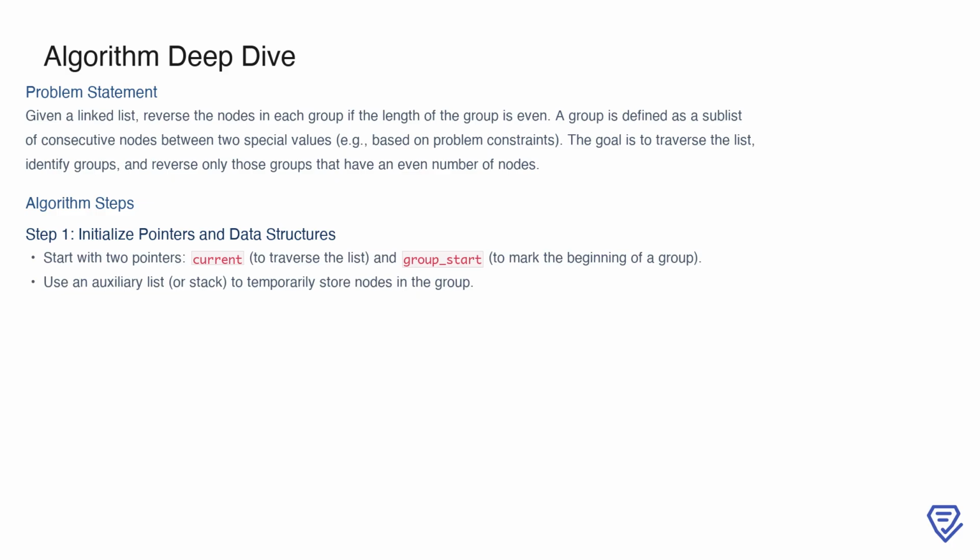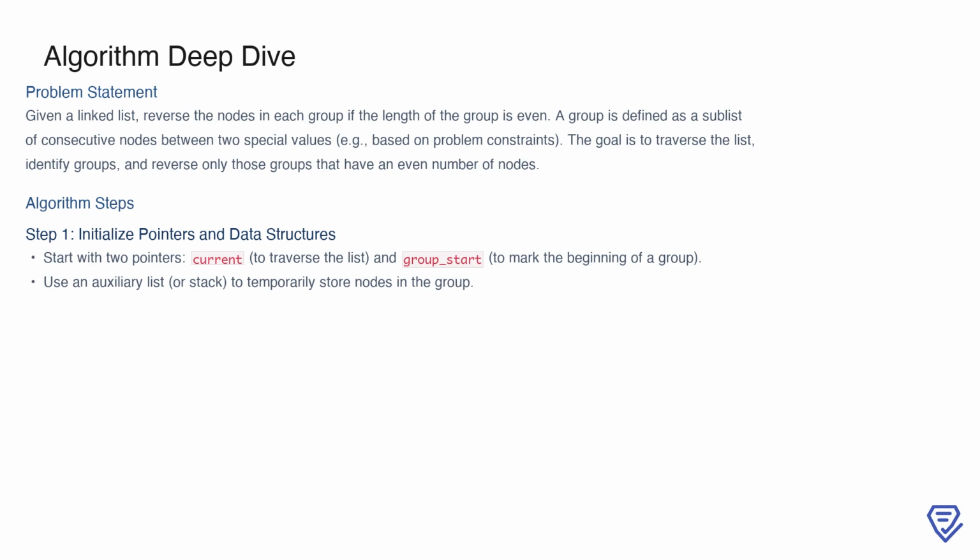In this problem, we are tasked with reversing the nodes in a linked list, but only within groups that have an even number of nodes. A group is essentially a contiguous subsequence of nodes determined by specific boundaries, such as a special delimiter value or the end of the list. The challenge here is to traverse the list, identify these groups, and reverse only the even-sized ones while leaving the